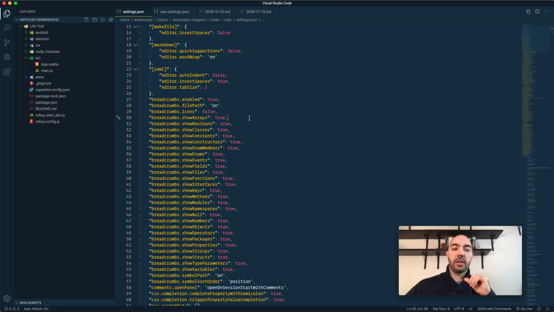Okay, so breadcrumbs show and then sim type. And breadcrumbs show arrays, show boolean, show classes, show constants, so on and so forth. So let me show you what that looks like. When you have something selected, so depending on where your cursor is in the file, breadcrumbs will show those